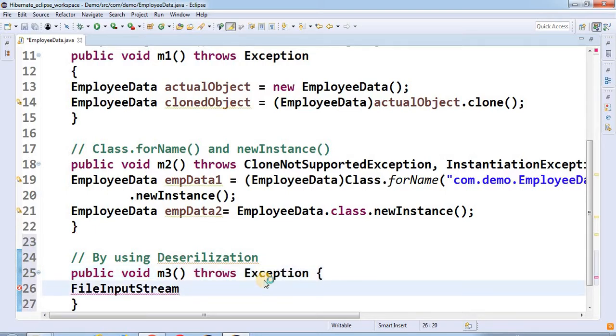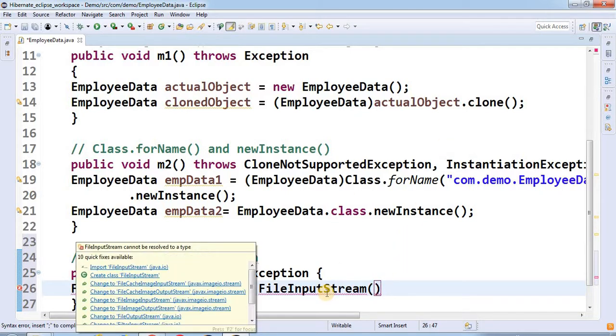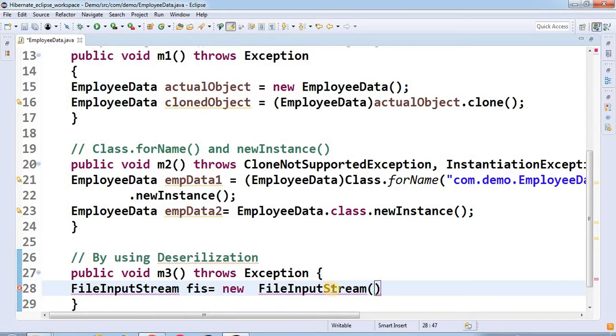Now we are going to create the FileInputStream object. FileInputStream fis is equal to new FileInputStream. And let us assume this FileInputStream is containing some serialized file. We have to import this class, and this is containing some serialized file, abc.ser, or text file. Okay,